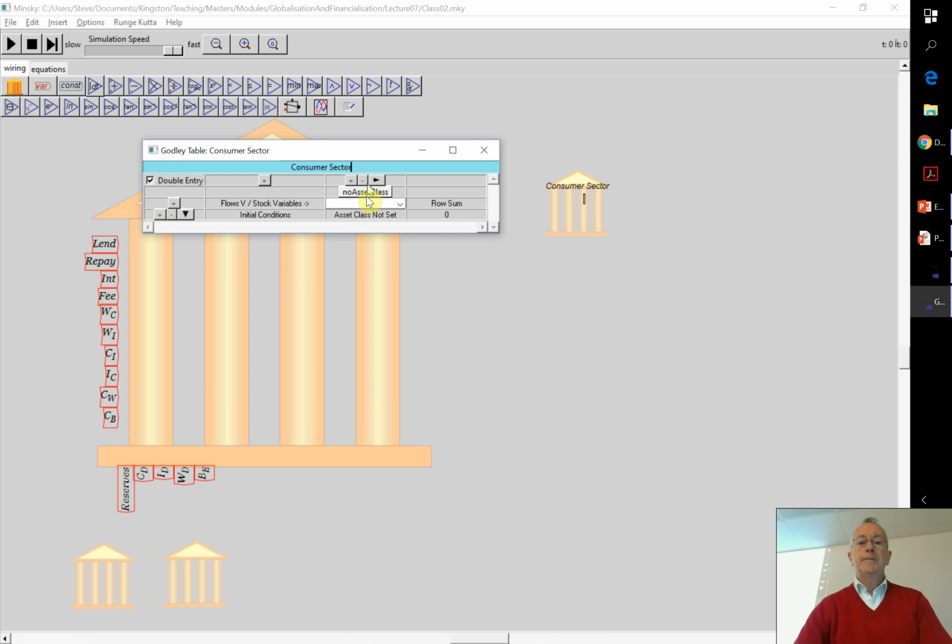Sectors view. Now, you then have to say, okay, I want to start the same sort of assets, liabilities, and equity for the consumer sector. And notice this window where you can type in a name also has a little drop-down arrow next to it. That is Minsky keeping track of all the assets and liabilities that are currently being defined in the system. So because somebody's liability is somebody else's asset, when you click on the asset button above it, it shows you all the various liabilities to be somebody else's asset.